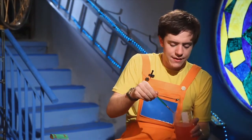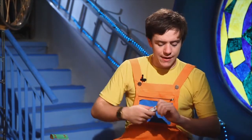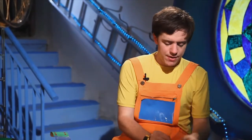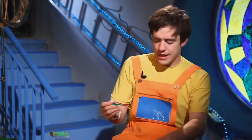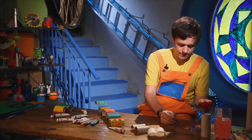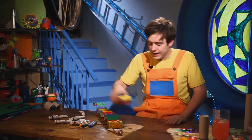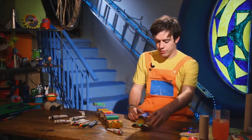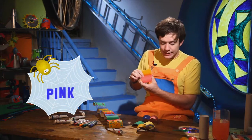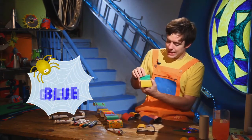We can take another color. This time I will use yellow. So I take my yellow and I put on here. And then I take my paintbrush and I put in the yellow paint and I paint like this, okay? Like this. I paint yellow. So, I have made some earlier. We have lots of different colors here, okay? I will show you them. We have yellow, pink, blue, green,